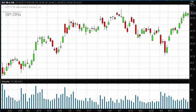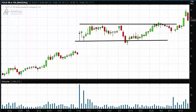Okay, let's get into a couple of names that I traded last week. First up, FOLD. So if we look at FOLD,